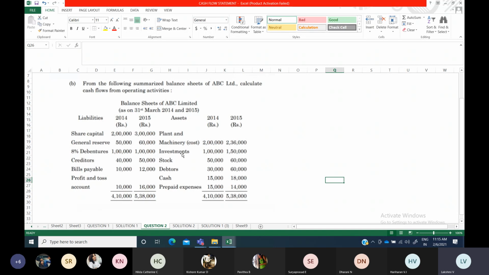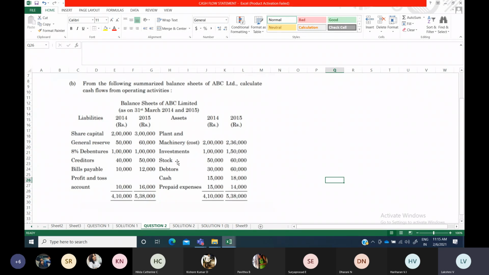Then if you see investment, again it will come in investing activities only. Purchase of investment or sale of investment, whatever might be, it will come under investing activities. So here purchase they have made. From the amount itself, we can conclude that if it is an increase, it is purchase of investment or purchase of fixed asset. If it is a reduction, it is a sale of asset or sale of investment. Again this is a purchase, so it is an outflow. You have to show it within brackets. Now these two items will come under investing activities.